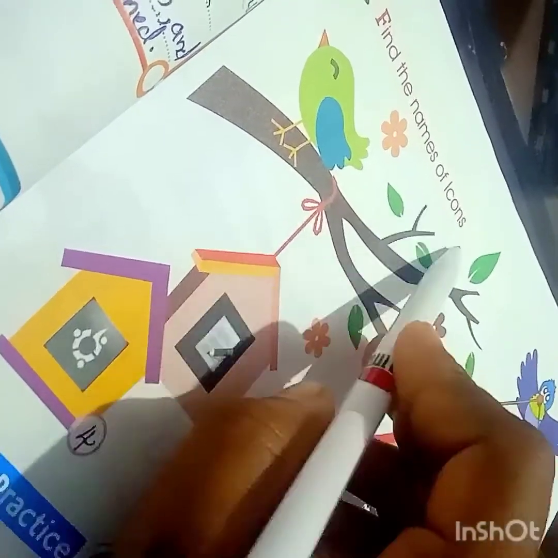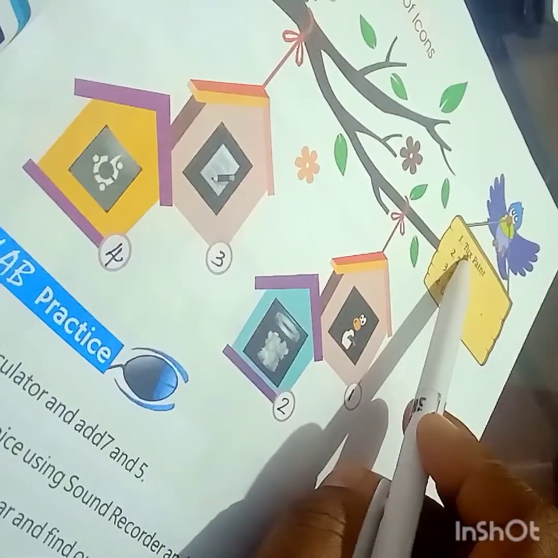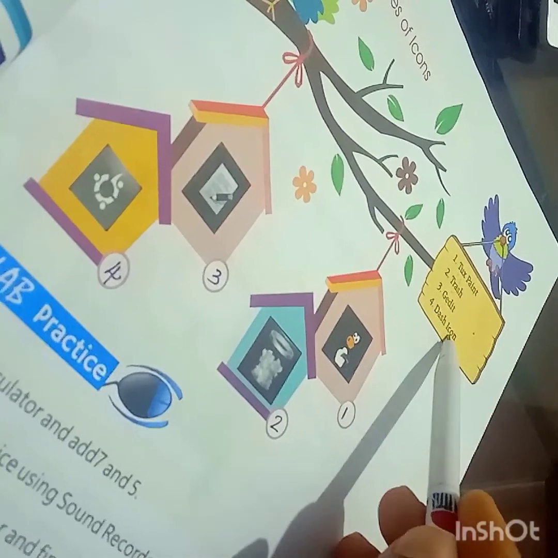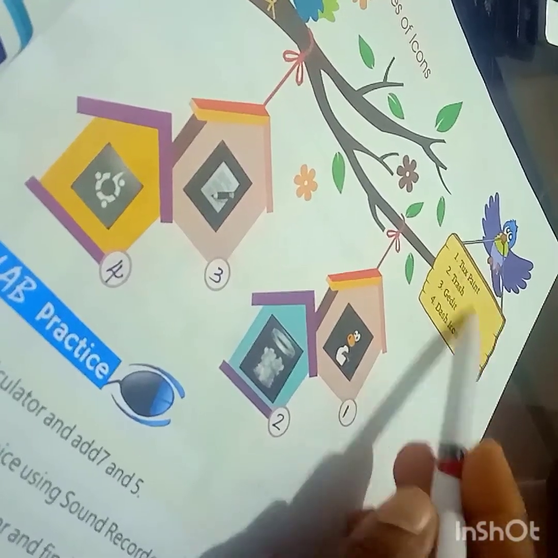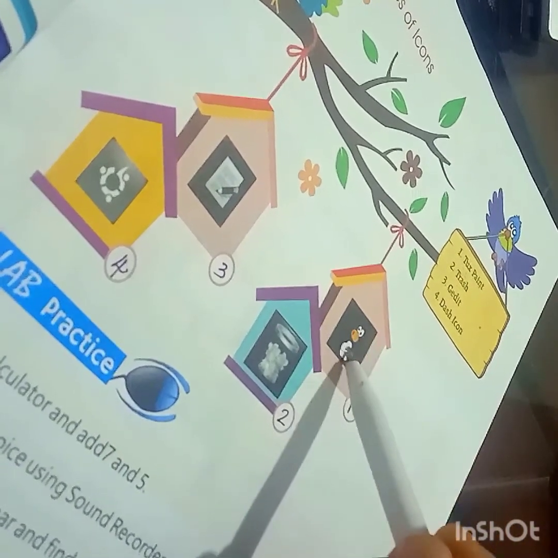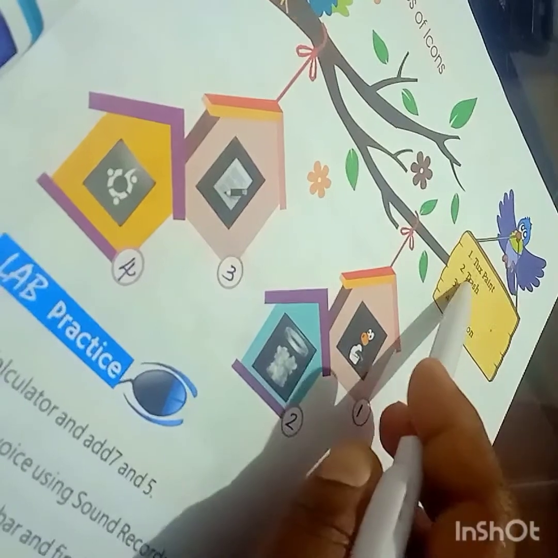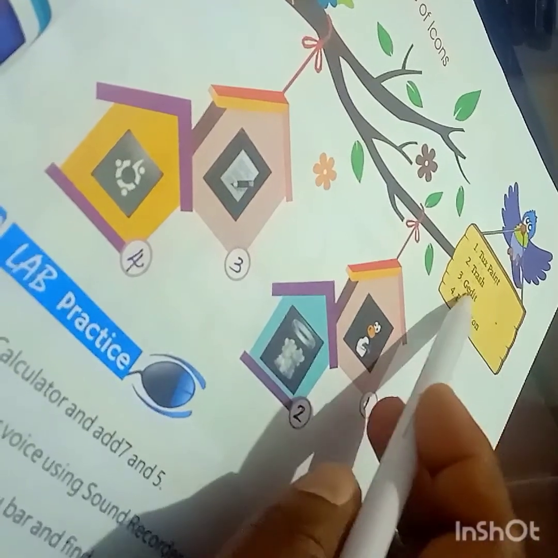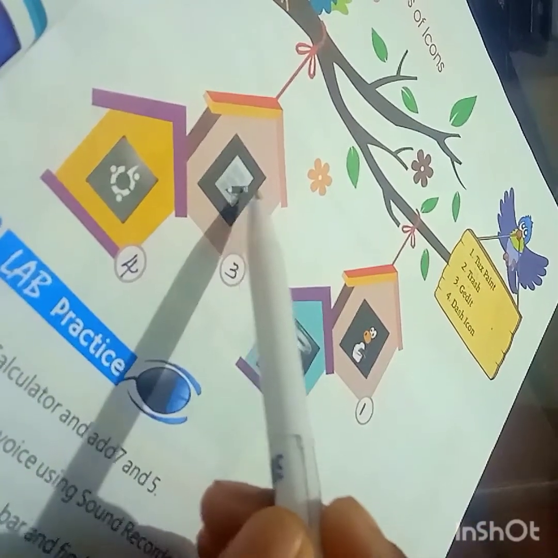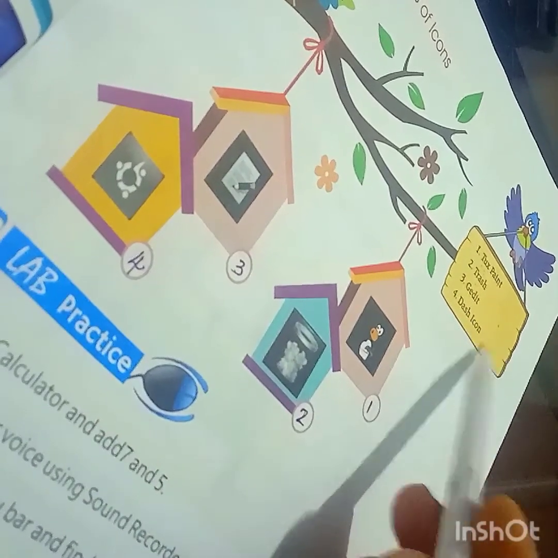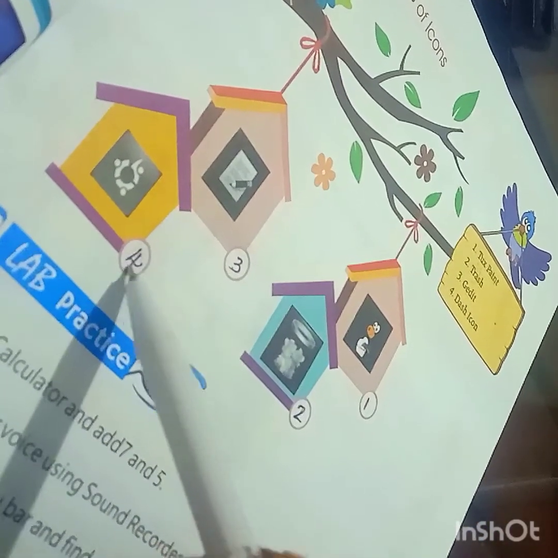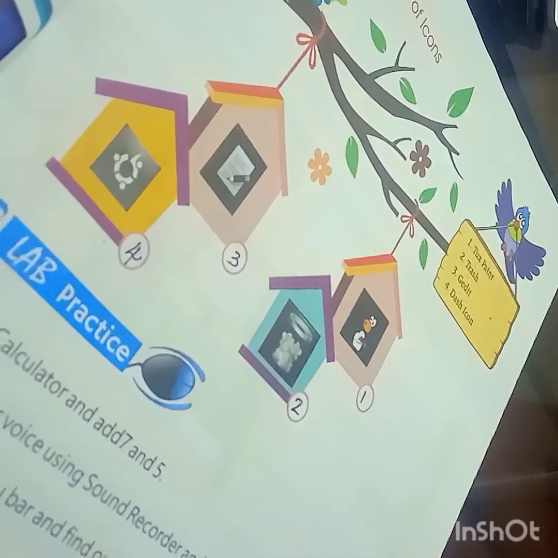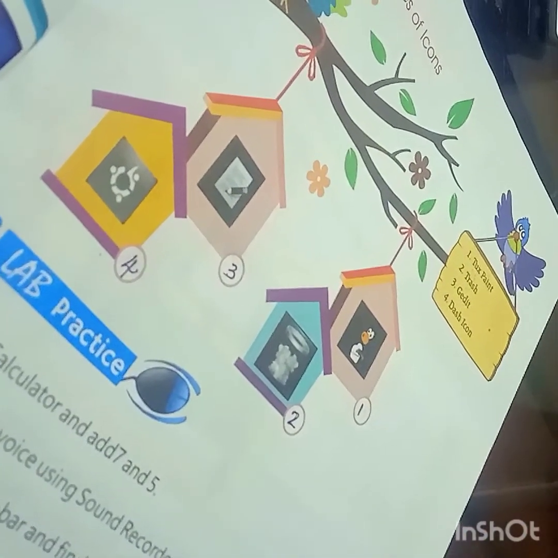One is find the names of the icon. That is Text Paint, then Trash, Get It, Dash icon. Text Paint, where can we do text paint, children? In this Linux, right? So write there 1. Trash, where is trash, children? Here, this is trash. Then Get It, where is Get It? Here, editing part. Here write 3. Dash icon, where is dash icon? Here, this is dash icon, so write here 4. So 1 2 3 4. Okay children, by this we completed our exercise part.